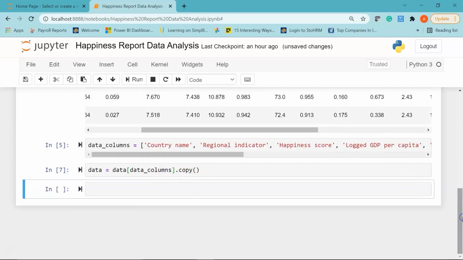Alright, now let's rename all these columns. We'll make it simpler and easy to understand. So let's say my new variable is happy_df, which stands for data frame, equal to data.rename, we'll use the rename function, and using a dictionary we will rename our columns. So I have used a curly bracket. I'm going to pass in my